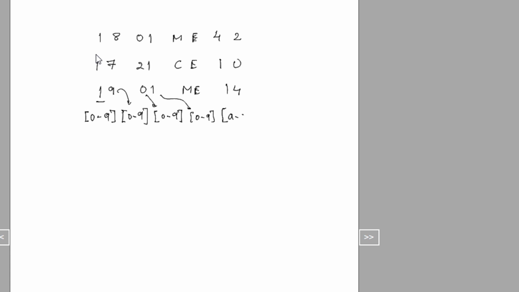What can be a single character? Since we do not know whether it's a small case or a large case, we keep it like this, right? So this is M. Again, we are repeating for E, and then we have two more numbers, 1 and 4. This will be again 0 to 9, I'm just writing in small case 0 to 9. Right? This is the most bare bones expression.